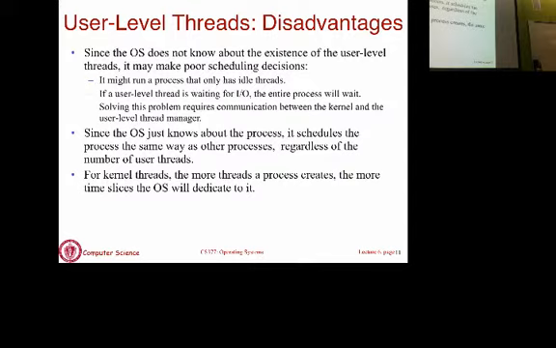And I already mentioned when I talked about kernel level threads that if you have more threads, you can get scheduled more often if you use policies like round robin or multi-level feedback. That's not the case in user level threads. So what you should understand is that all the advantages of user level threads are disadvantages of kernel level threads, and all the disadvantages of user level threads become advantages of kernel level threads, because they're exactly the opposites of one another. Anything you cannot do in one regime, you can do better in the other regime and vice versa. Any questions on this?